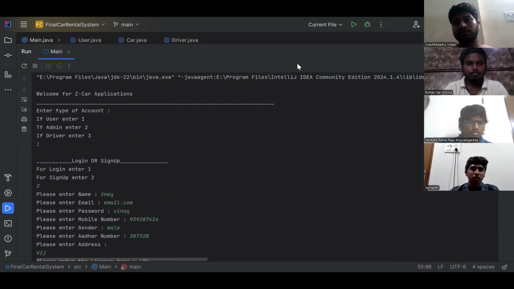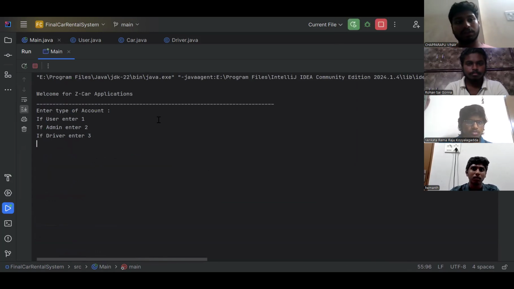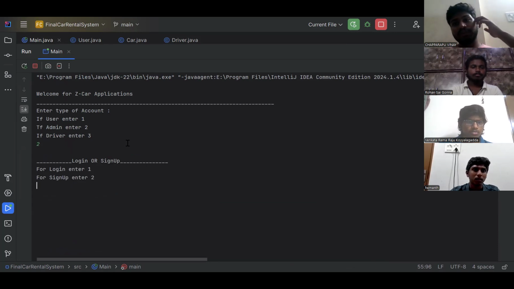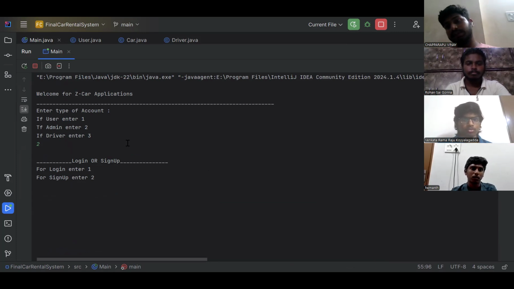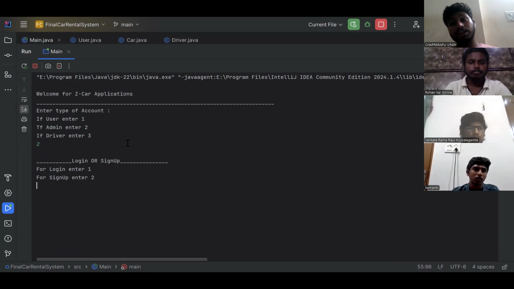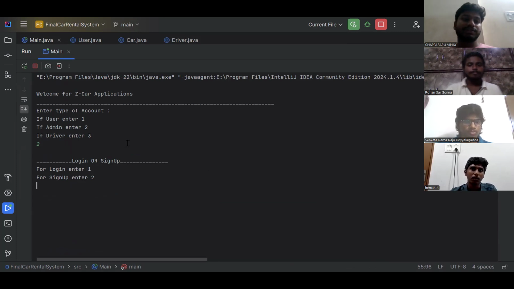Similarly, rerunning this code, we can also select admin. For admin, the admin can only create another admin's details, because no admin has a right to update cars, get user details, get delivery boy, sorry, driver details, etc. So these options must not be available to driver or user. So admin must only change the